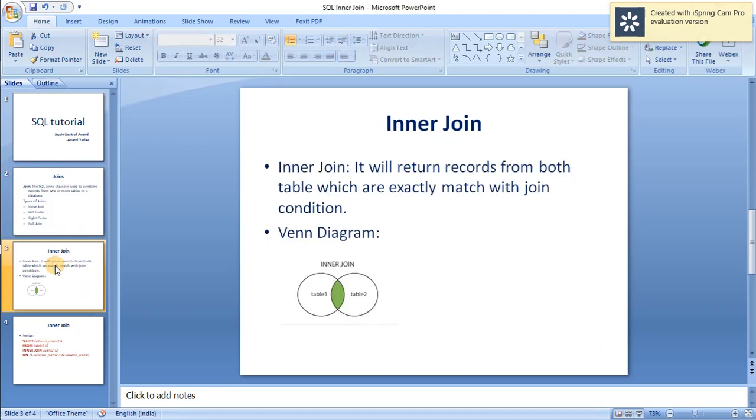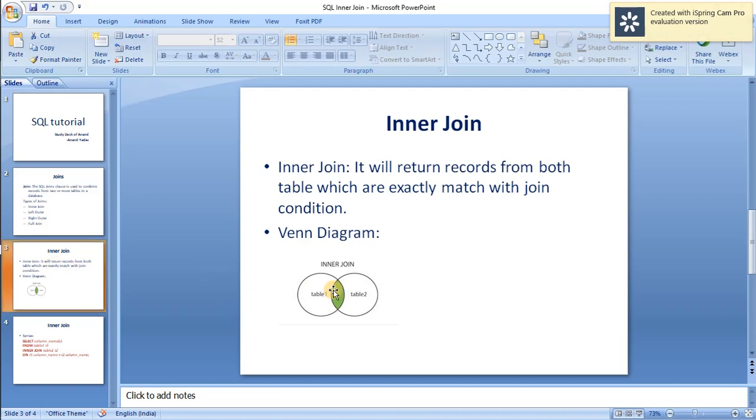So inner join is something like this: when we join two or more tables, it will return the rows from both tables which are common between table 1 and table 2.